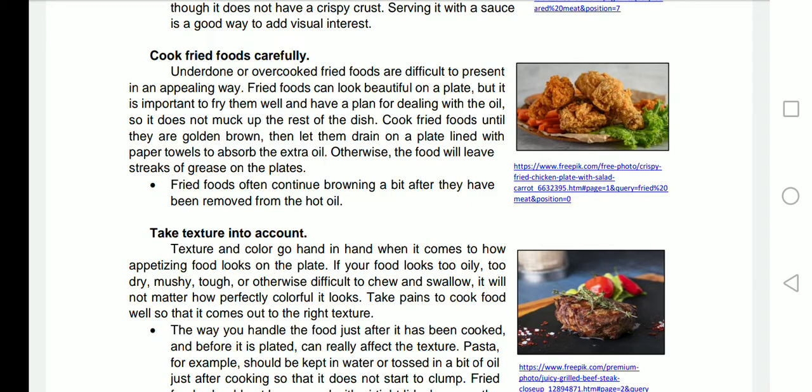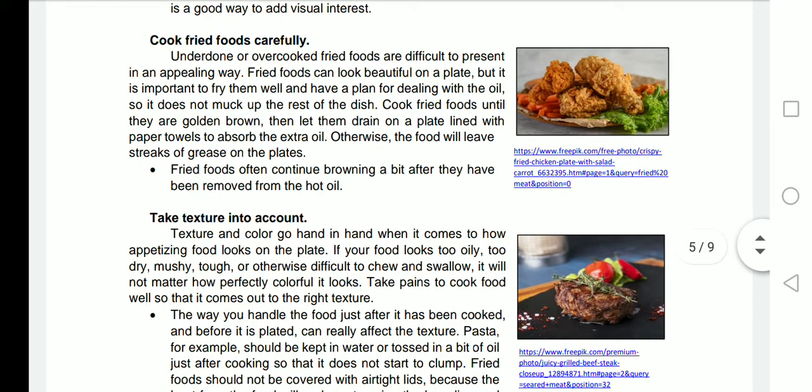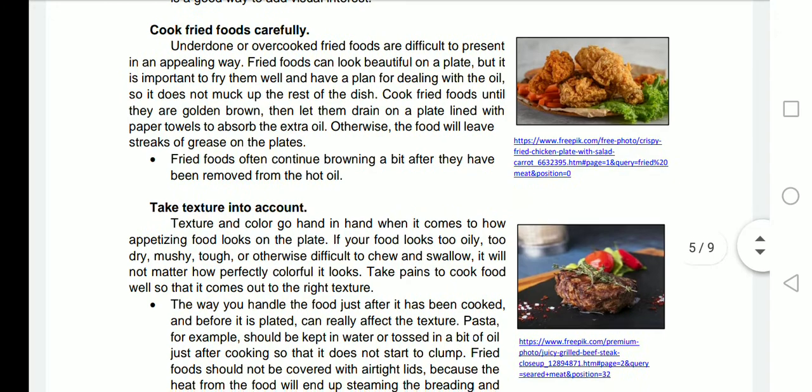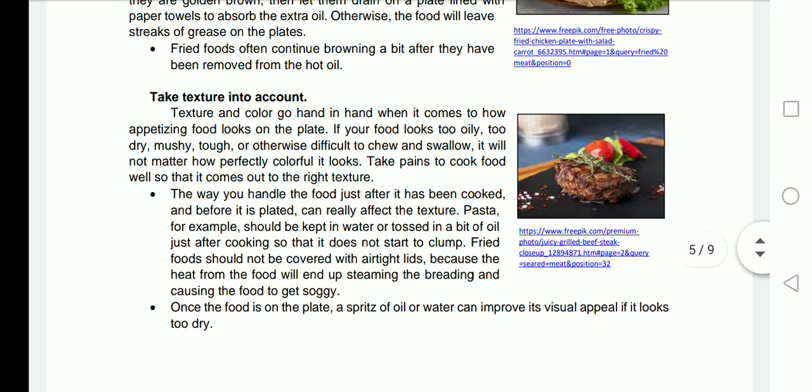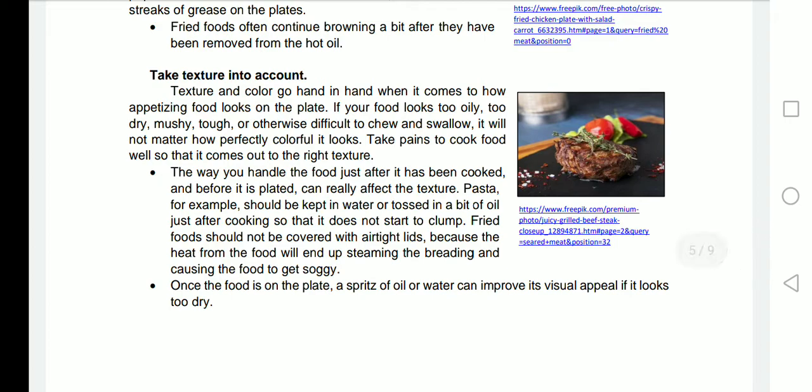The next one is cook fried food carefully. Underdone and overcooked fried foods are difficult to present in an appealing way, and it's not okay or palatable to eat uncooked or overcooked fried foods. Fried foods can look beautiful on a plate, but it is important to fry them well and have a plan for dealing with the oil so it does not muck up the rest of the dish. So when we fry the dish, make sure it is just